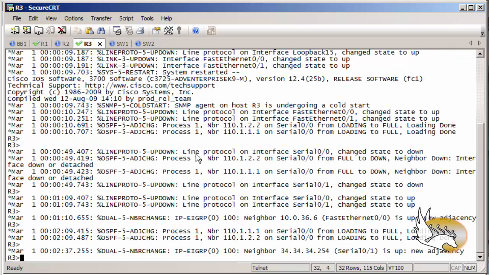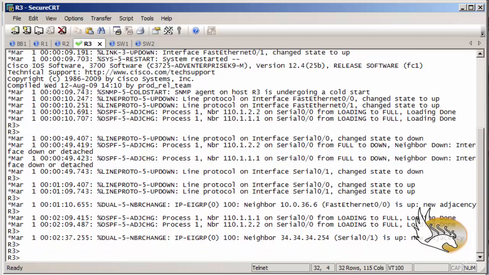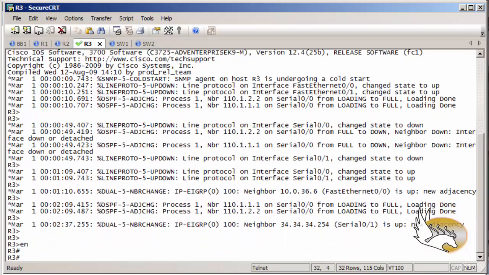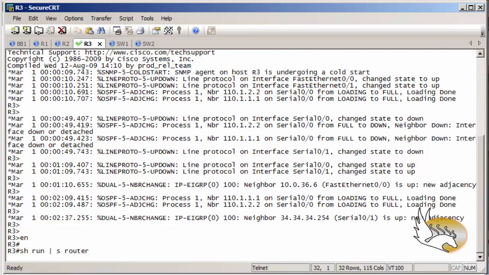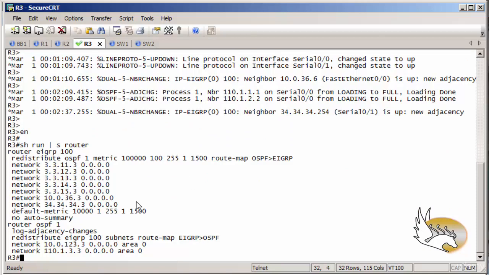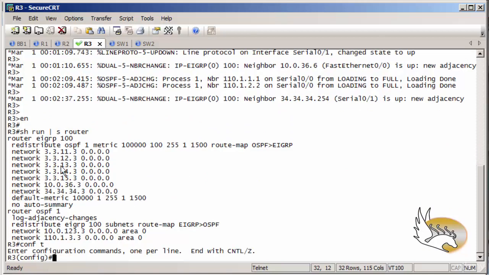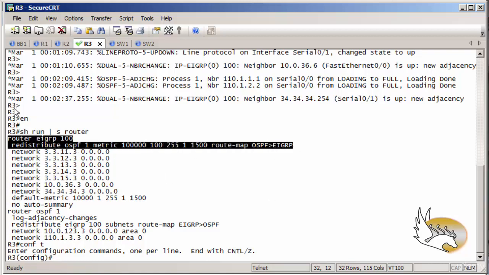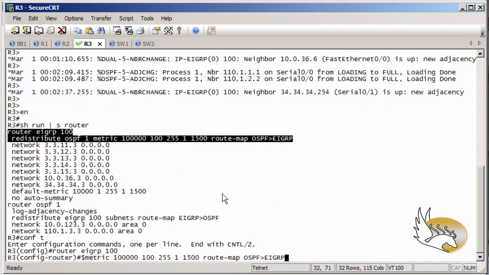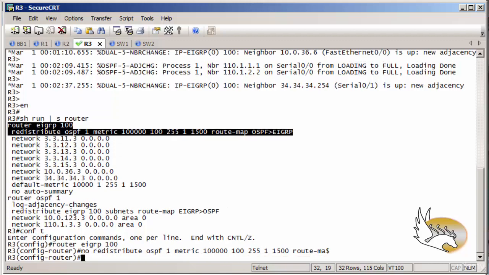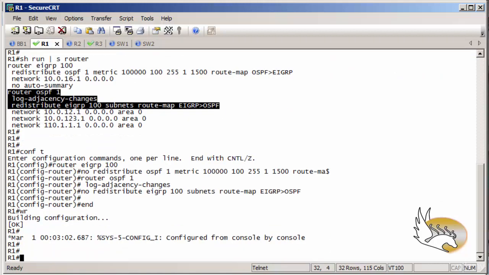So let's go to router 3 again. I want to check redistribution here. I want to remove the route maps that I had here. So show running config section router will tell me which commands have been applied to this router process. And now that I know this, I want to disable this. I want to show something on router 1 first. Let's disable this. If I go to router 1, you can see that by showing the running config of section